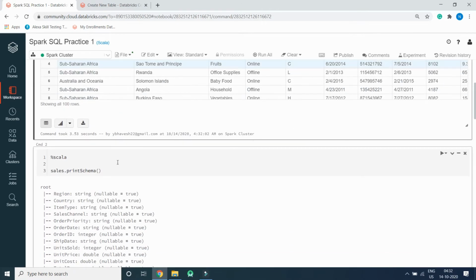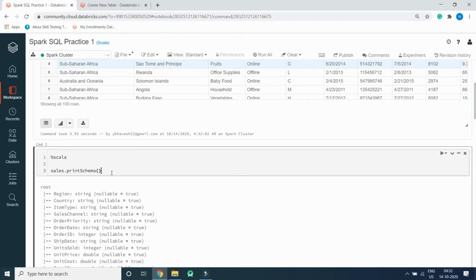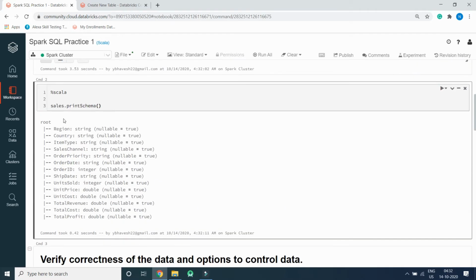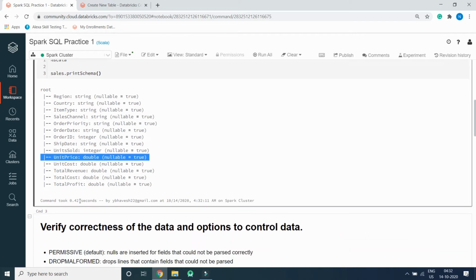We can print the schema to see what kind of data types it has inherited, because we have specified infer schema as true. So you can see region as string, a few are integer type, some are of double type. So this is how Spark inherits the schema from the CSV file.